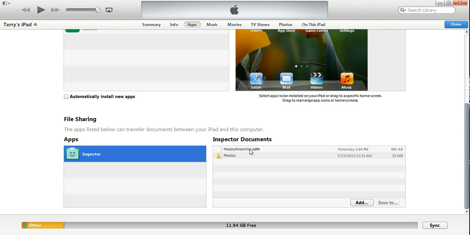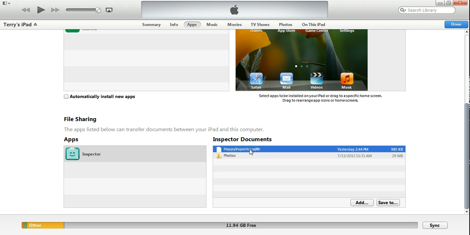So the second thing I would like to make note of is if you import or add a file to the inspector documents and it does not look exactly like this, it will not open up on your iPad. Happy Inspector has been programmed to simply open up this specific type of data file labeled happyinspector.sqlite. And it needs to look exactly like this: happy with a capital H, inspector with a capital I,